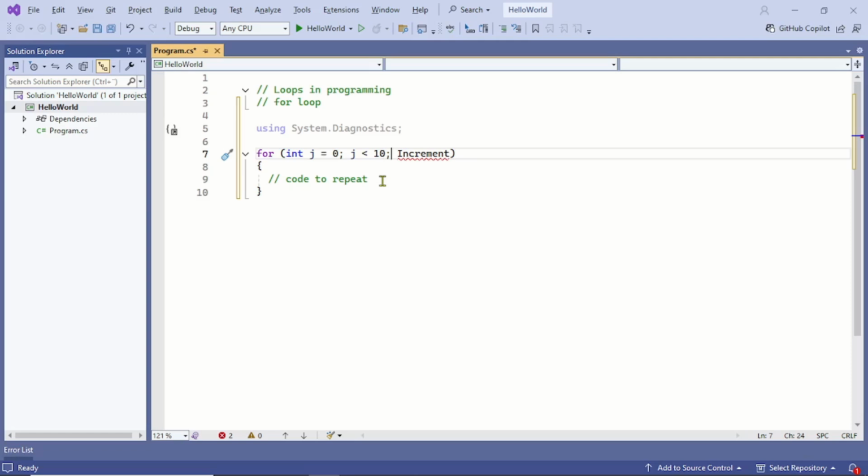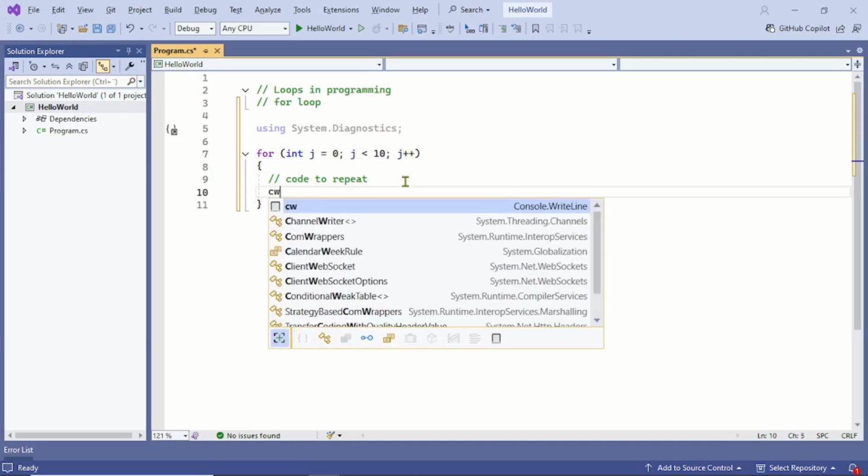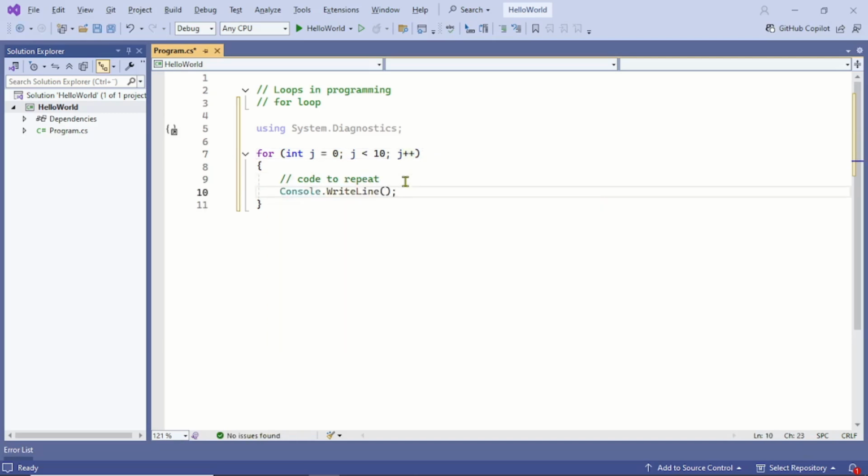And after the condition, we have increment. We can also code decrement if we want to code a loop that goes backward. But at this moment, I am going to code the increment by one using the increment operator. Now we have coded a for loop which is functional and will give us 10 repetitions from the value of j 0 to 9. Inside the loop where we repeat our code, we will simply write a WriteLine with the text